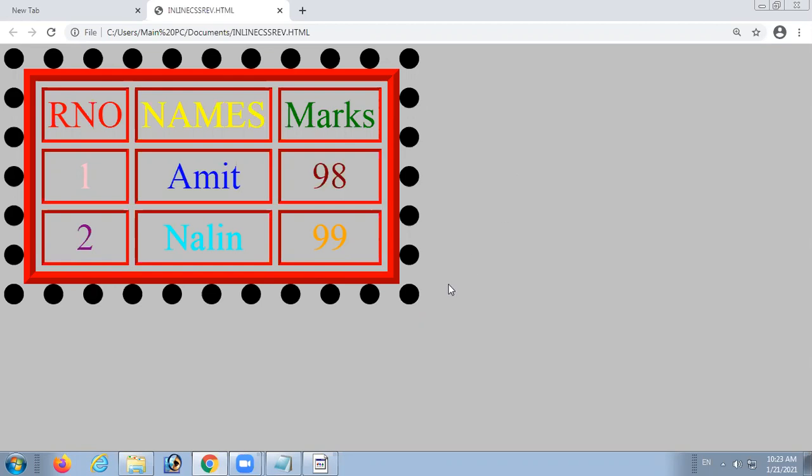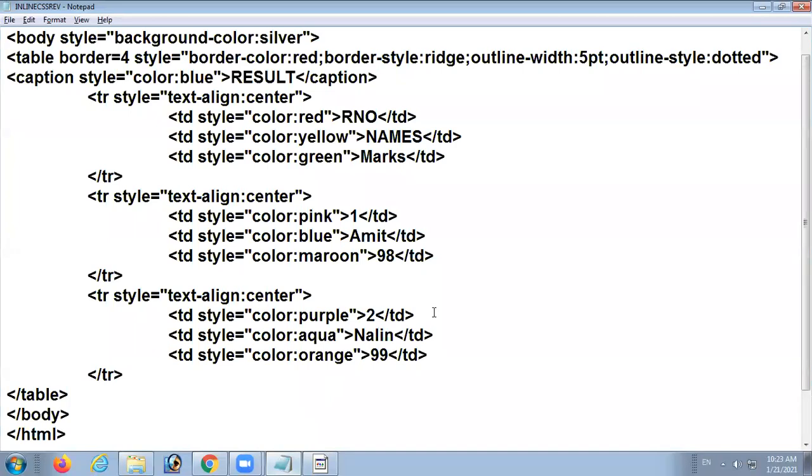Now I'm opening the notepad coding again so that you can relate your coding with your browser view. Whatever changes you want to do, you can do here, then save and then refresh the browser. Suppose I want to give one particular font to the row.